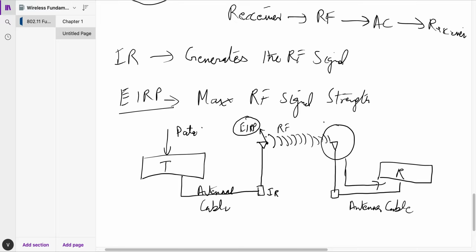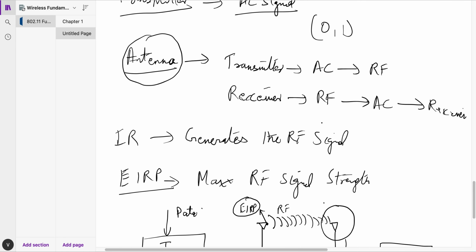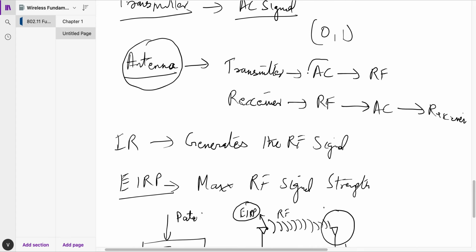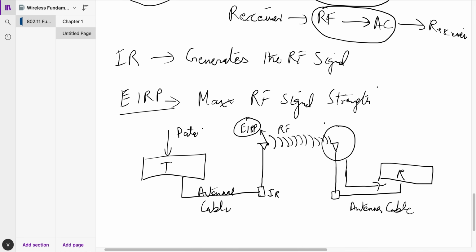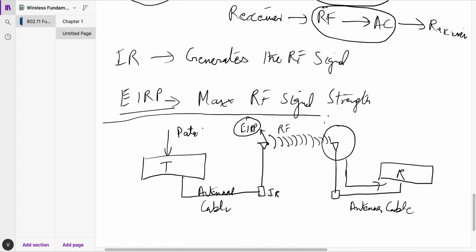Okay, antennas are responsible, again, as I said, for converting AC to RF when connected to the transmitter, and when connected to the receivers, they are responsible for converting RF to AC and then sent all the way to the receiver. This is how it happens in a nutshell. Okay, so this is something, again, just for your knowledge. This is not something that you need to mug up. Just to give you an idea as to how it all connects, and how the transmission is happening at the back end. That's the reason why I just took a couple of minutes to draw this for you.